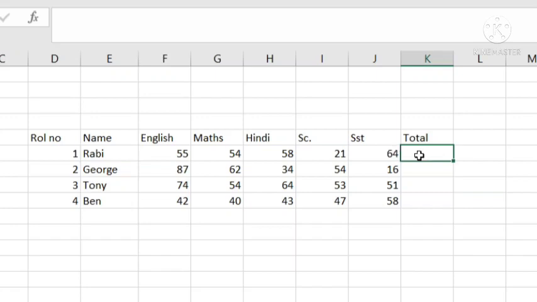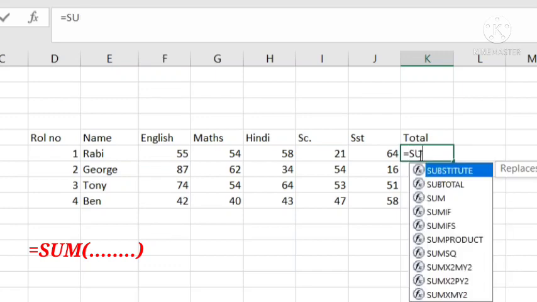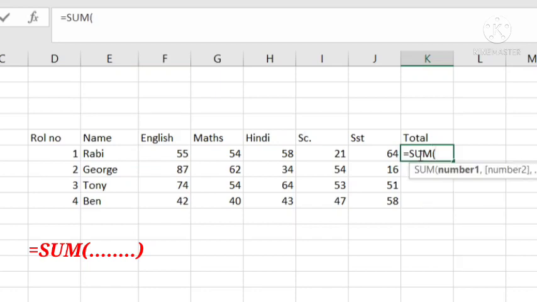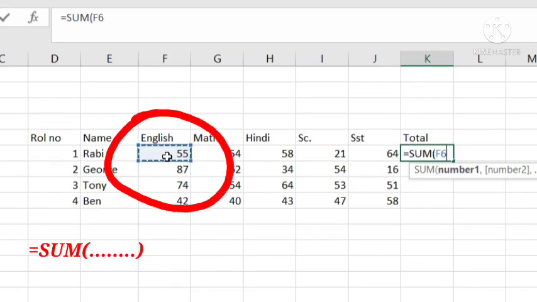Very simple, just keep the cursor here, give an equal sign, write SUM because we are adding, then open bracket, then bring the cursor and keep it on the first cell from where you want to calculate.